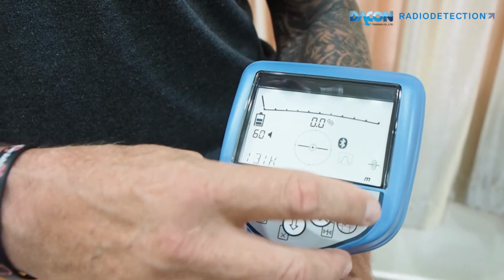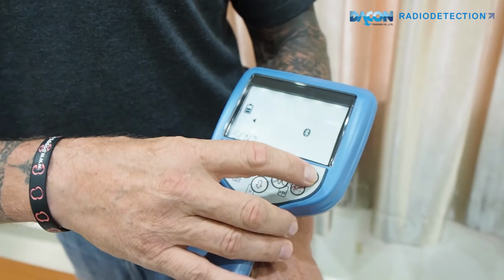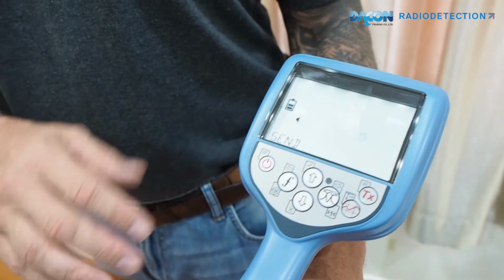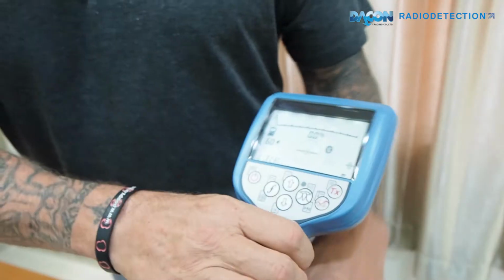Now this button here, TX, sends signals to the transmitter, as I mentioned before. So I can press the button, and now you're seeing it sending a signal to the transmitter. Again, I haven't turned the transmitter on yet, so it's not going to show you that action. Okay, these are the basic